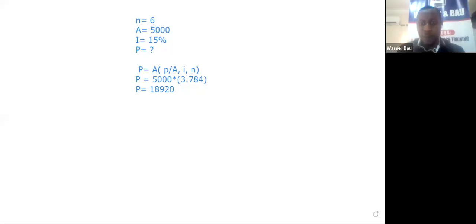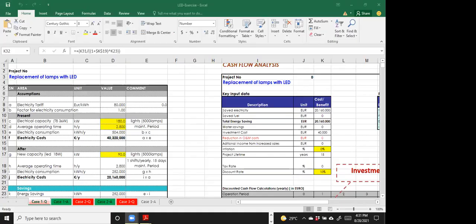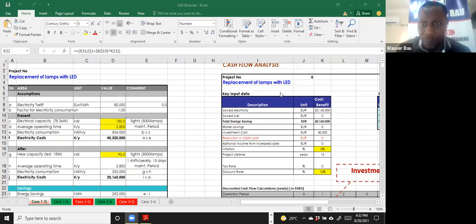Now, this will be a one-off thing. Let me just show you if you want to use Excel. If you want to use Excel to do this, I want to use Excel. Can you see my screen? No, we are still seeing your whiteboard. Okay. If you want to use Excel now,